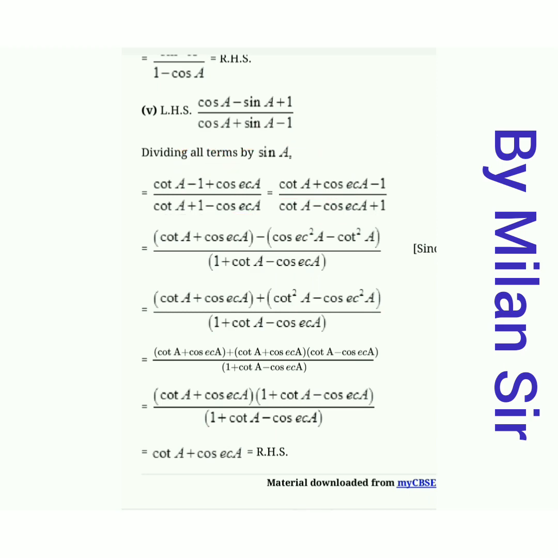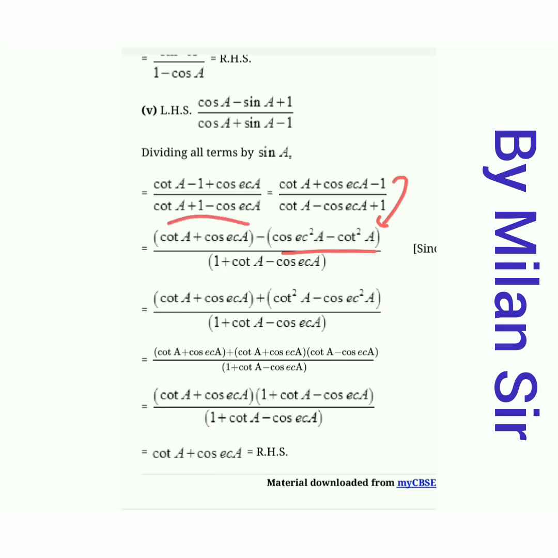Now give one bracket to this term, cot A plus cosec A. Now put the value of 1 from the identity. So we put here the value of 1 in terms of cosec and cot. It's cosec square A minus cot square A. Then this is the form of x square minus y square. So we write cosec A plus cot A, cosec A minus cot A.